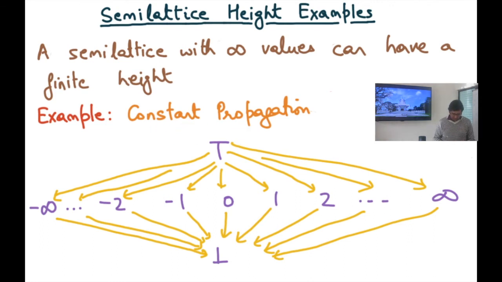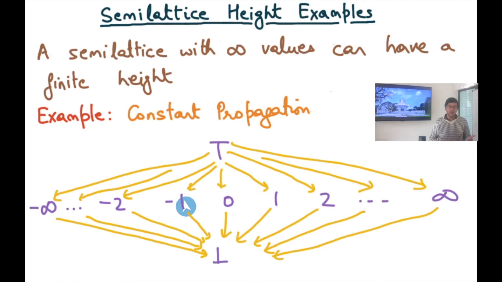In the constant propagation example, we had three different kinds of values. One was the top value, one was that it's a constant for some constant c, and then there was the bottom value. But when we say it's a constant for some constant c, c could have been any constant in the range that that particular variable takes. So if that variable is a mathematical integer, not a C language integer, because a C language integer is also finite, then it can take any value from minus infinity to infinity. Then the values that I can have are, once again, minus infinity, dot dot dot, minus 2, minus 1, 0, 1, 2, and so on till infinity, right?